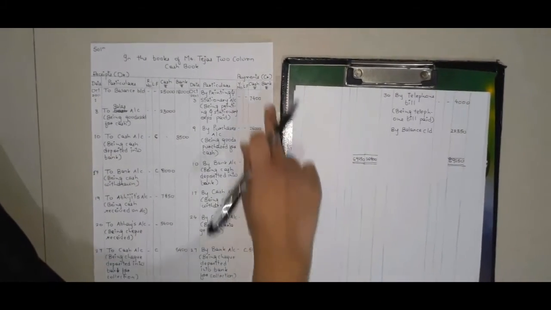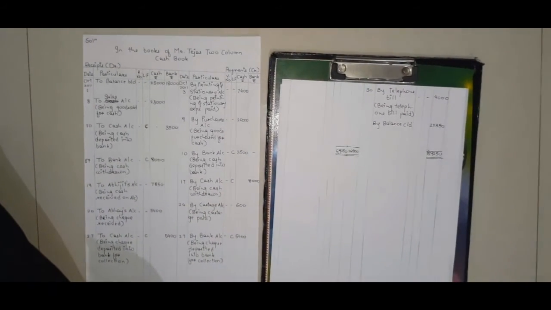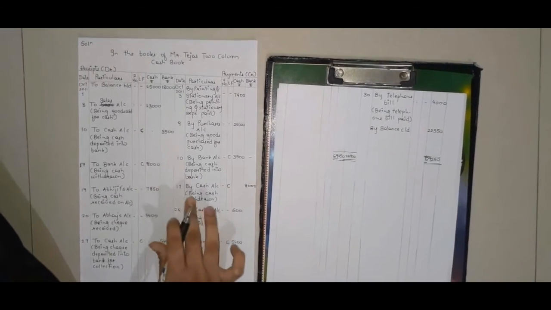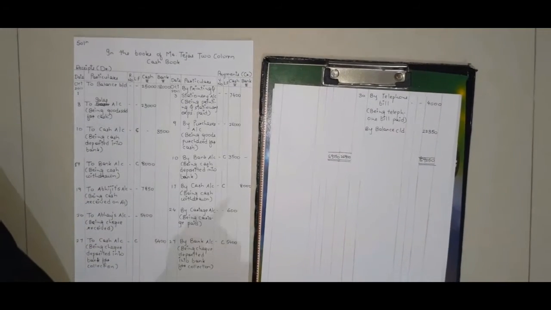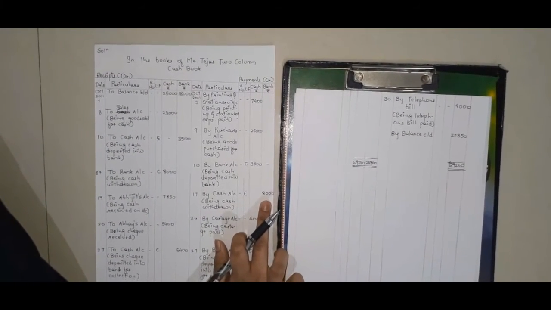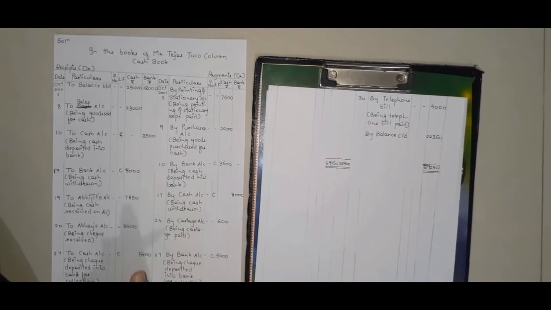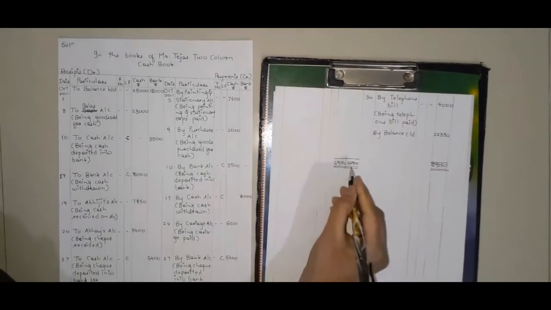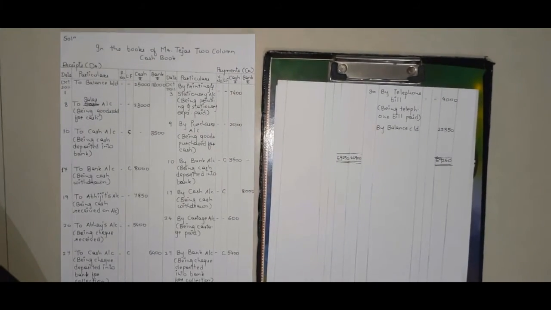Now here in this entire bank column, just one amount is written, that is of 8,000. This is the amount of contra entry on 17th October. No other amount is mentioned. Okay. So now what is the total of bank column in payment side? 8,000. And what is the total of bank column in receipt side? That is 26,900. Now which is the greater amount?